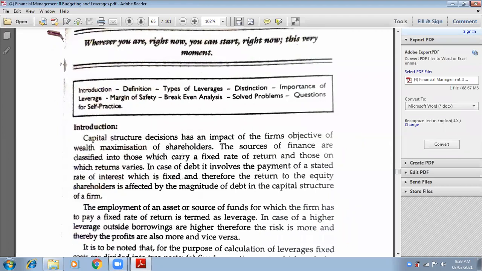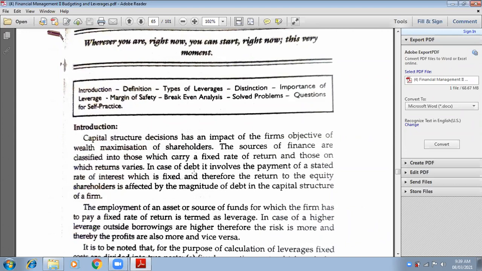So the main objective of the firm is to maximize the wealth of the shareholders. You need to understand how much capital should be invested in the form of equity, in the form of preference, and taken as borrowed funds. You should not invest all the money in borrowed funds, because all your profits will be taken away by the borrowed fund holders in the form of interest, in the form of payment to the borrowed fund holders. So it should not happen that way.